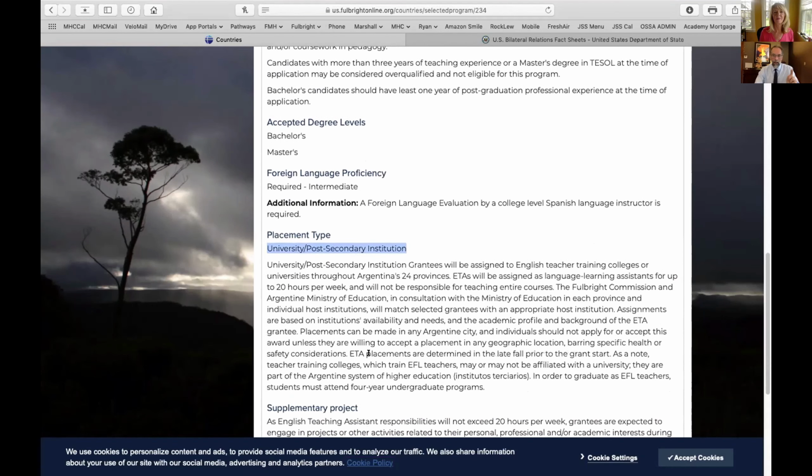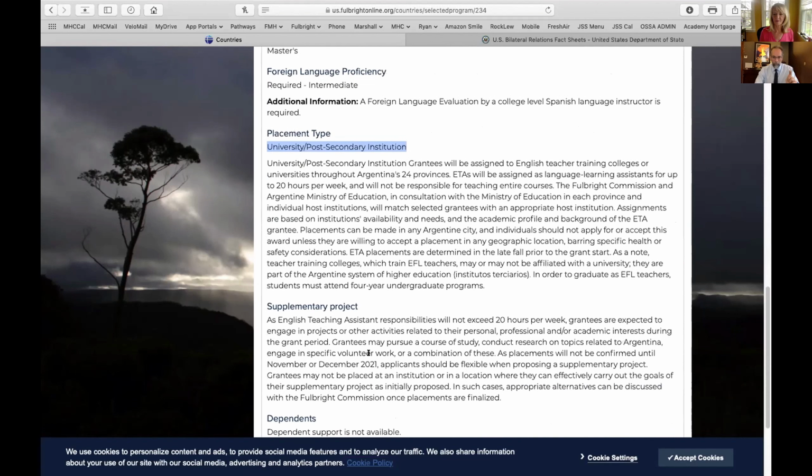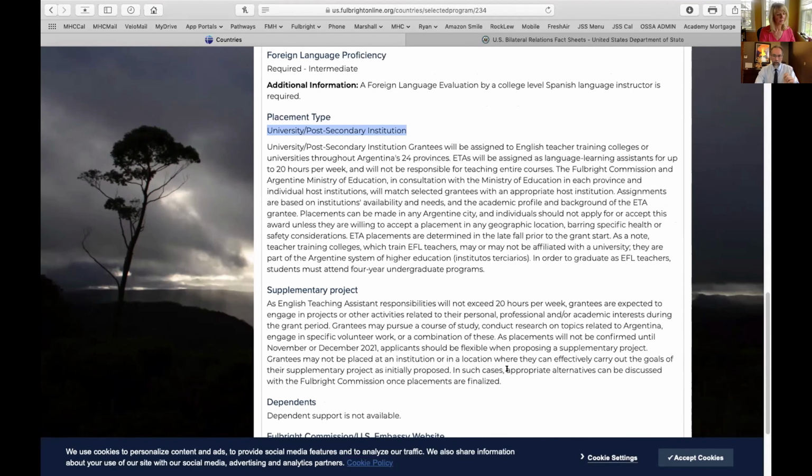Also, in Latin America, especially, the requirement for being an ETA will not exceed 20 hours per week. And so consequently, in a lot of Latin America, they will require you in your ETA proposal, which is your statement of grant purpose, your one-page essay, you'll have to talk about what makes you a good teacher in the classroom for adult learners.